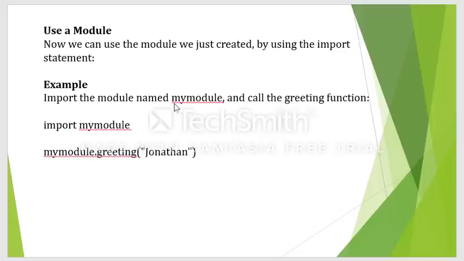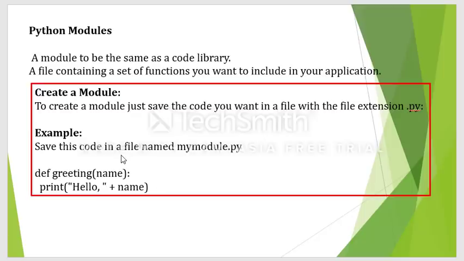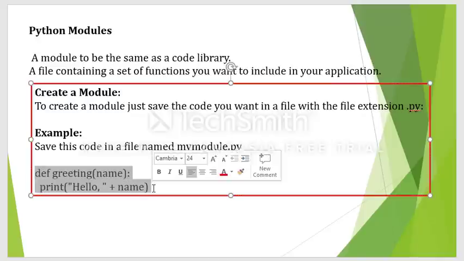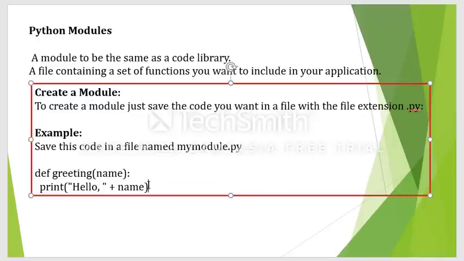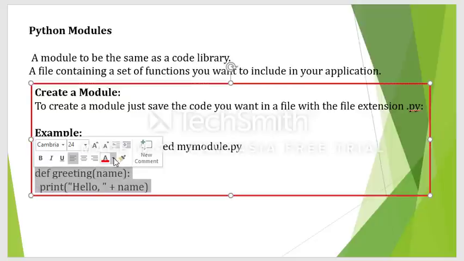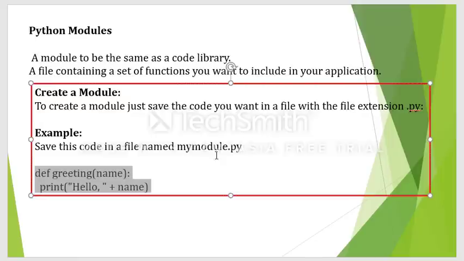So there is a module, mymodule. In the earlier program, I have saved this total function. I have written something there. So this will be saved in a file called mymodule.py. This is something we have written in mymodule.py, and this can be used. So this file name is mymodule, and this mymodule can be used anywhere.